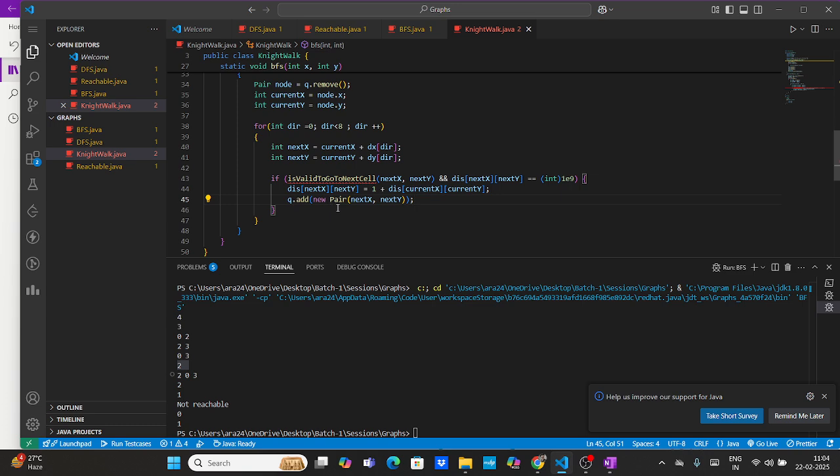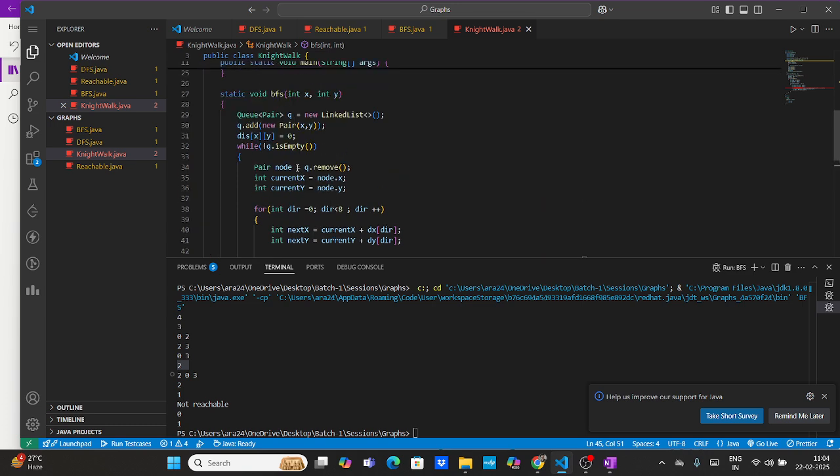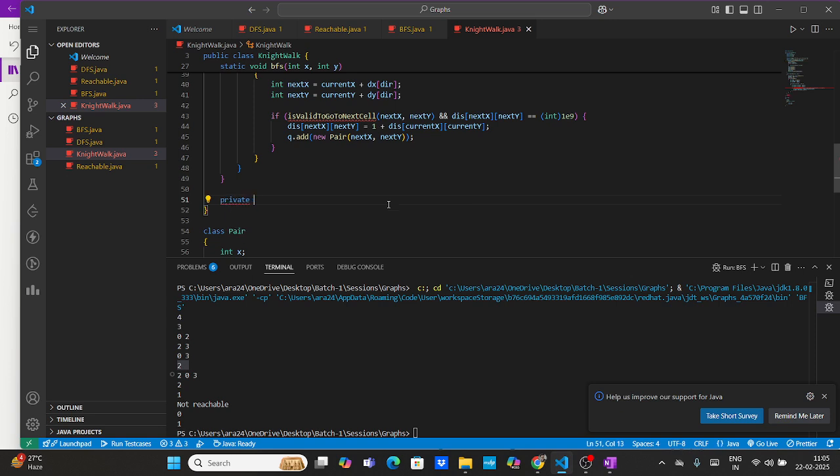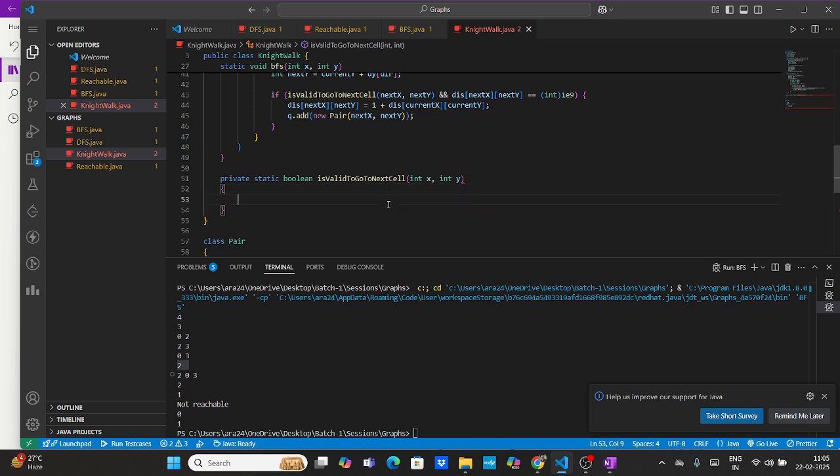Now, if you see, our BFS is actually done, except this part. So quickly let's write that also. Private static boolean isValid(int x, int y). What we need to check is whether it is inside the grid or not. So if I say return,